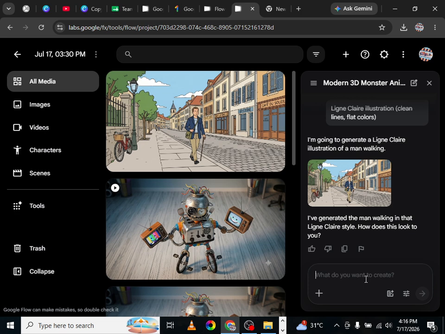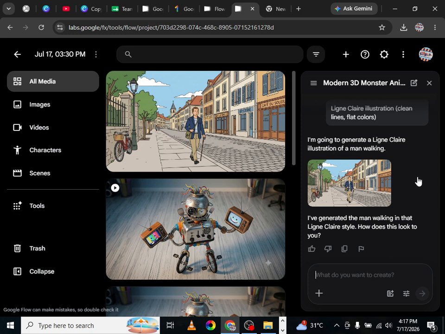You can describe facial expressions, body movement, camera motion, lighting changes, weather effects, or object animations to create a more realistic result. If Google Flow provides animation settings, review the available options before generating the video. You may be able to adjust the video quality, aspect ratio, motion strength, or animation style depending on the features